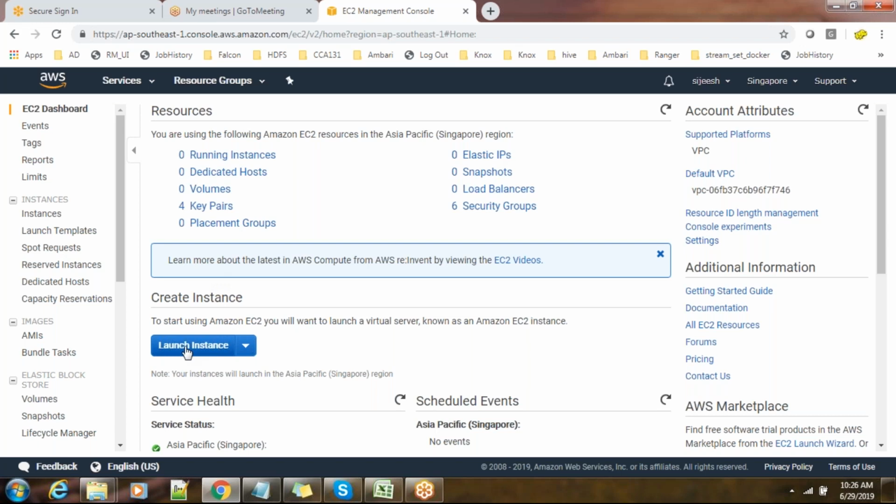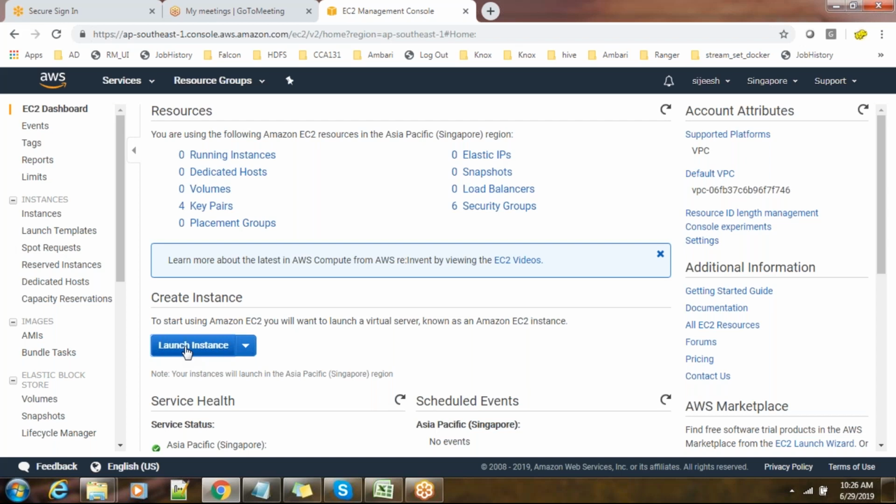Okay, so here you can just click Launch. I'm going to launch a virtual machine, or VM. Before that, once you log in, you can choose a data center which is closer to your area. These are the different data center locations, and for US people multiple regions are there.